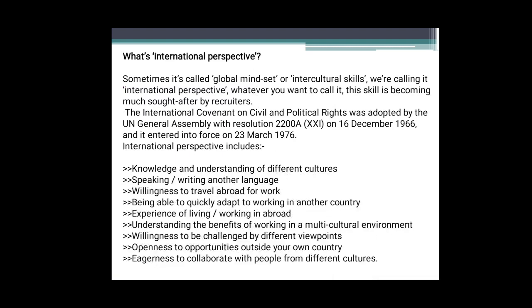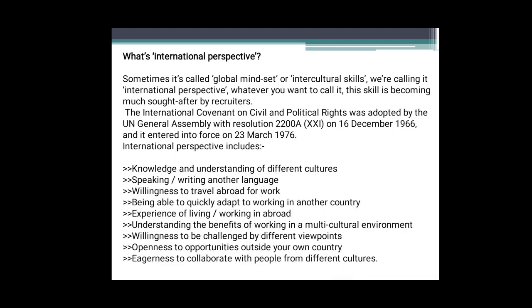The International Covenant on Civil and Political Rights was adopted by the UN General Assembly with resolution 2200 A on 16 December 1966, and it entered into force on 23 March 1976. So in international perspectives,